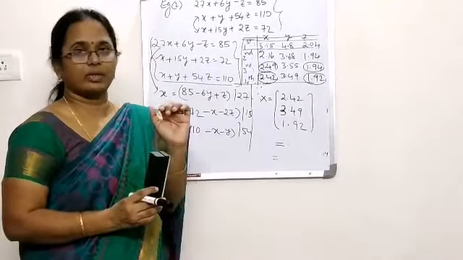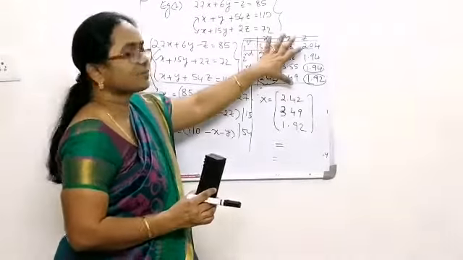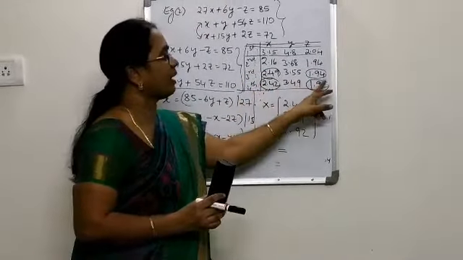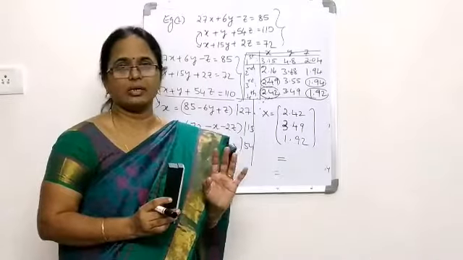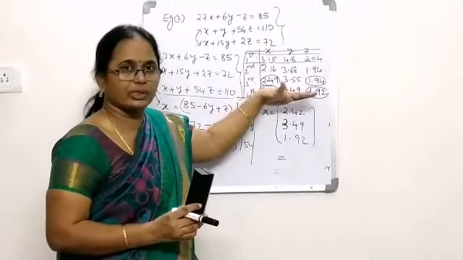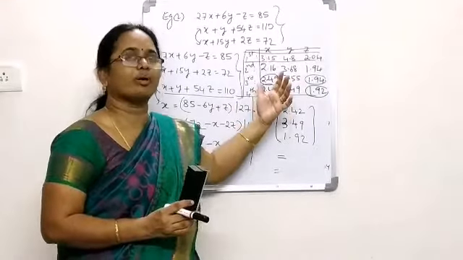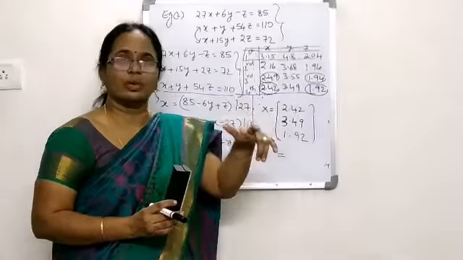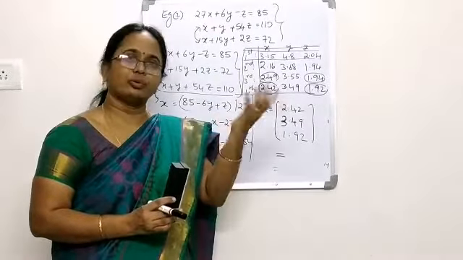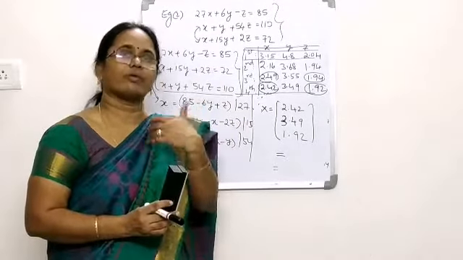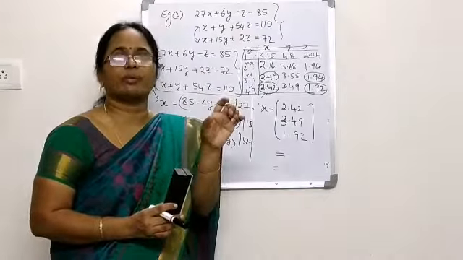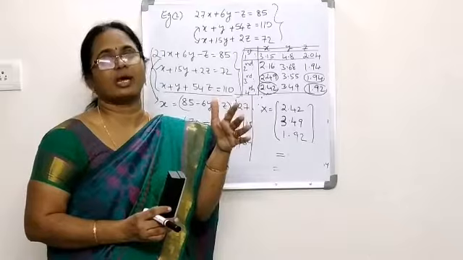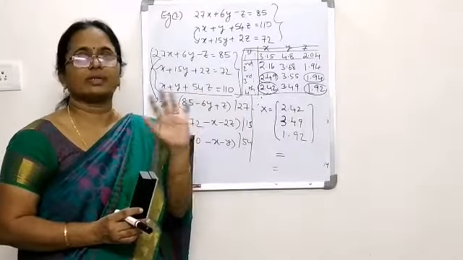We have stopped there with the fourth iteration because when we observe the table, it is very clear that the third and fourth iteration values of X, Y, Z are very close to each other. Therefore, we have stopped our process at the fourth iteration. If it is not the case with any other problem, we have to go with the next iteration also. So, wherever two successive iterations coincide, we can stop there. It may be 2 and 3 iterations or 3 and 4 or 4 and 5, whatever it is. Whenever the two successive approximations coincide, we stop there and conclude that the last iteration values are the required solution for the given system.